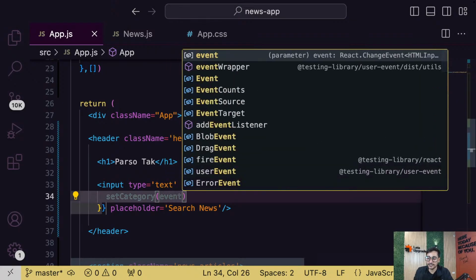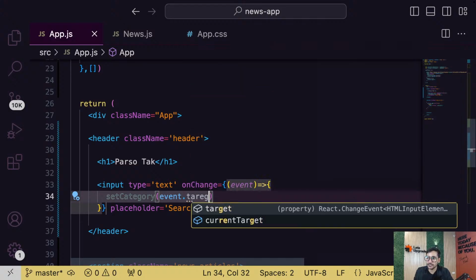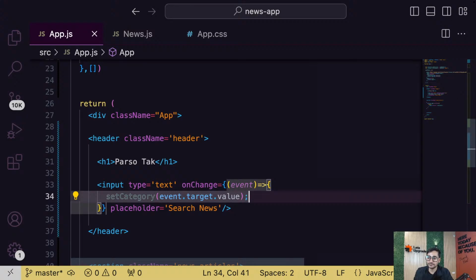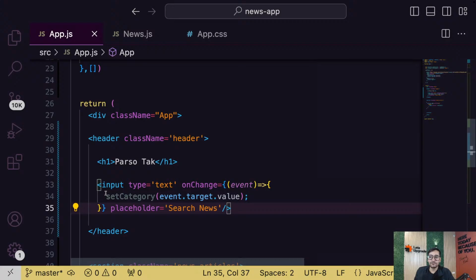So guys, how do we read it? Event dot target dot value, like this. So now guys, what I'm doing here is, when someone writes something in the text box, we read that value and we change the category's value with that value.